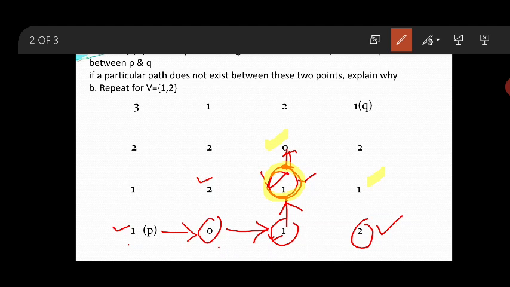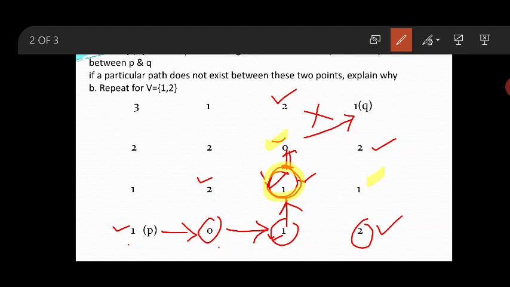Now you have reached up to this point, this 0 point. Where do you have to reach? You have to reach Q. When reaching Q, in the 4 path you can't go diagonally. There is a condition that you have to go either vertically or horizontally. This 2 you can't go to, because these are not from the vector V. You can't move in this fashion. So you have to state that there is no path existing for this vector V, 0 and 1, for the 4 path.